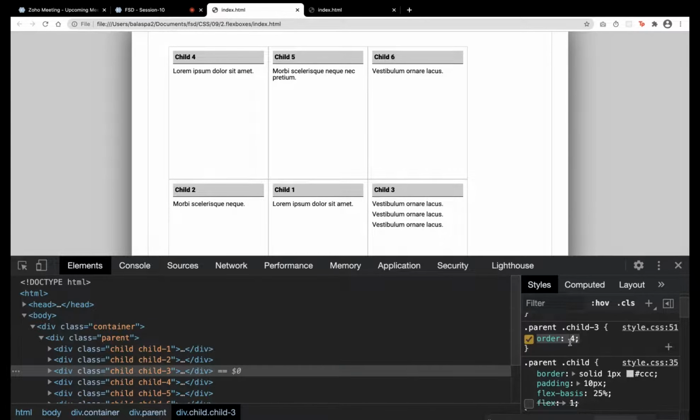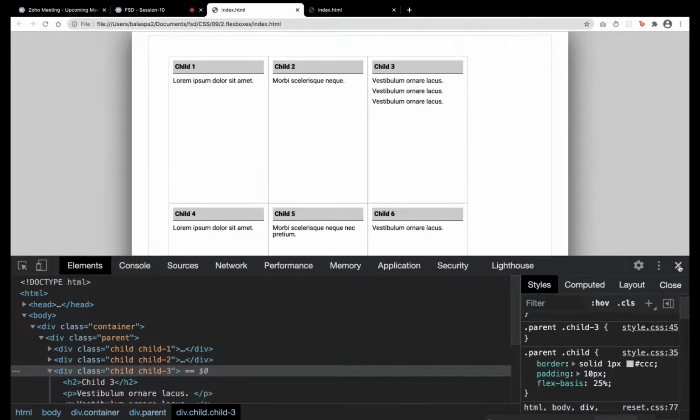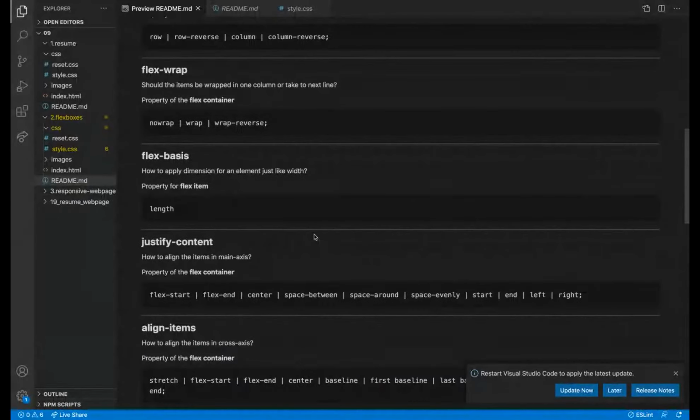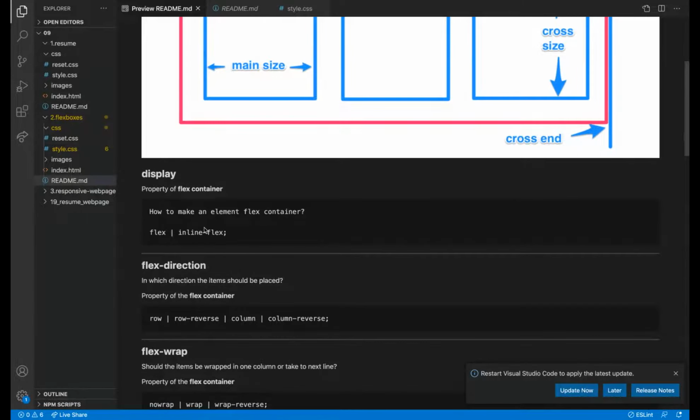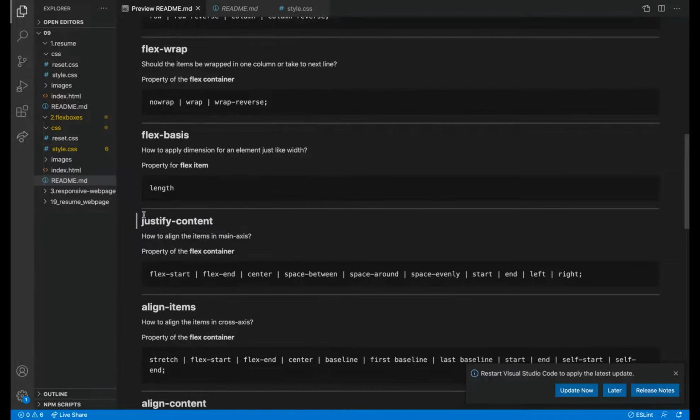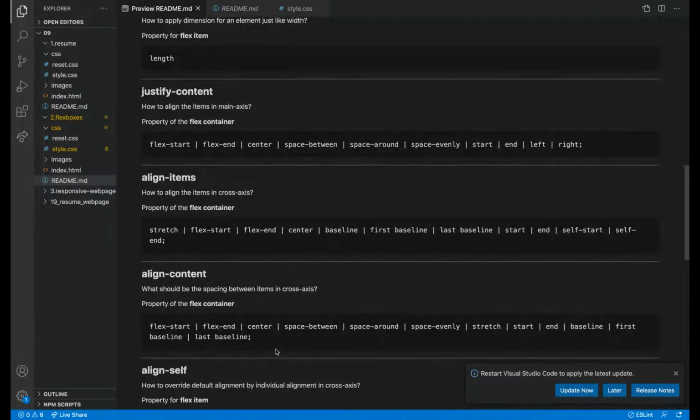So we should see the order number, and then it aligns in ascending order. This will also be used rarely. The main things we will use are display flex, definitely, direction, wrap, basis, justify content, and align content.